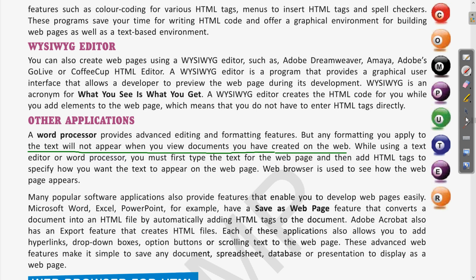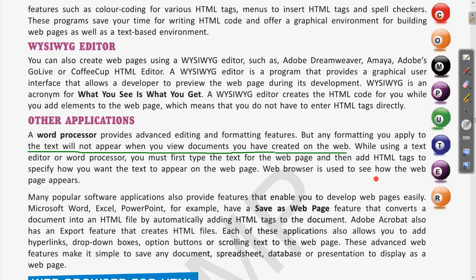Clear? While using the text editor or the word processor, you must first type the text for the web page and then add HTML tags to specify how you want the text to appear on the web page. So with any word processor, it will require the HTML tags and proper coding should be written. Clear? The GUI approach which we have seen in the WYSIWYG editor, all these features will not be present in word processor software.